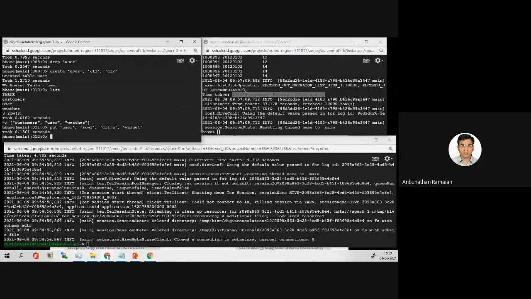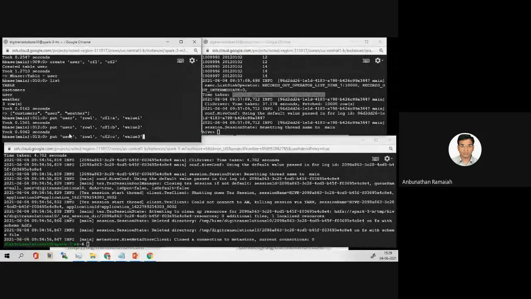Then the second record, in column family 1 only, the column B, under B we'll save value 2. Then column family 2, under C we'll save the value 3. Similarly, we'll add some more records.